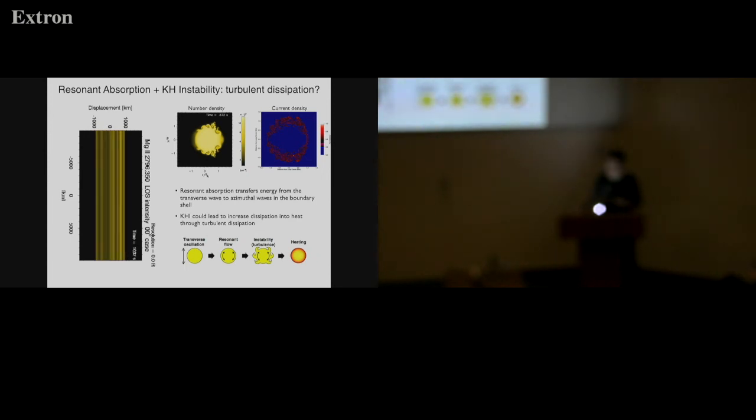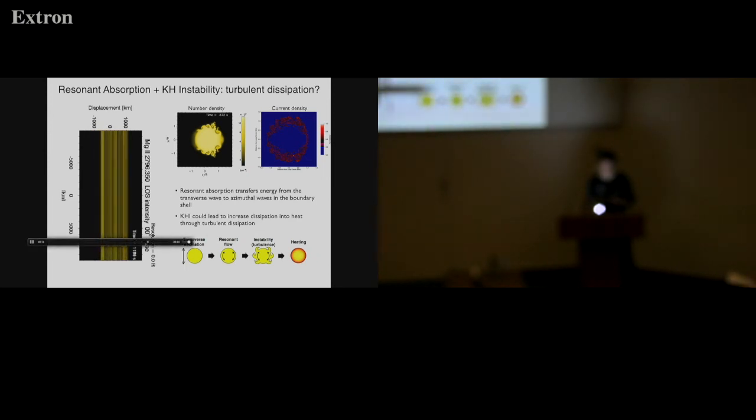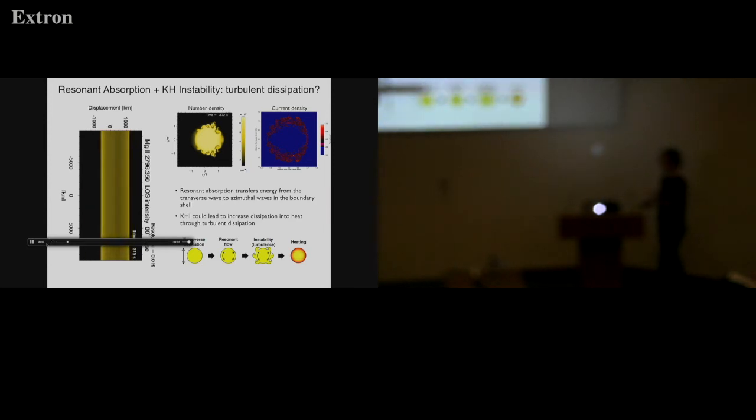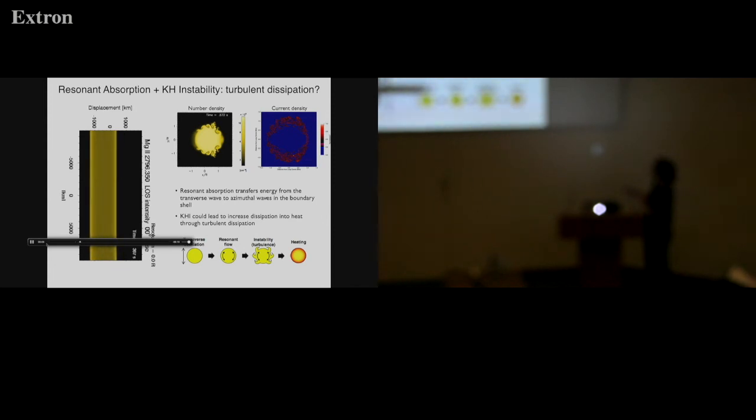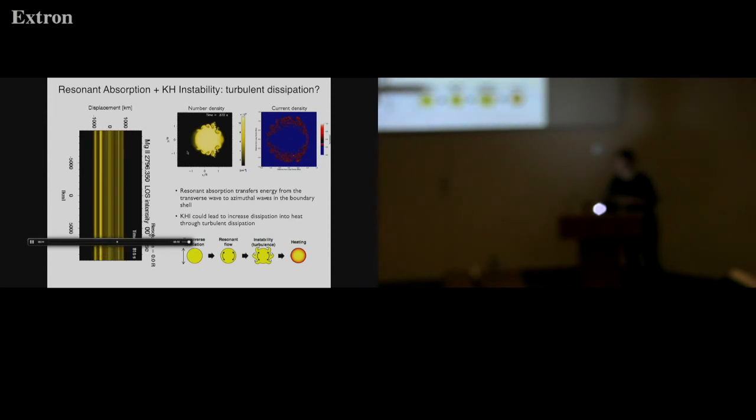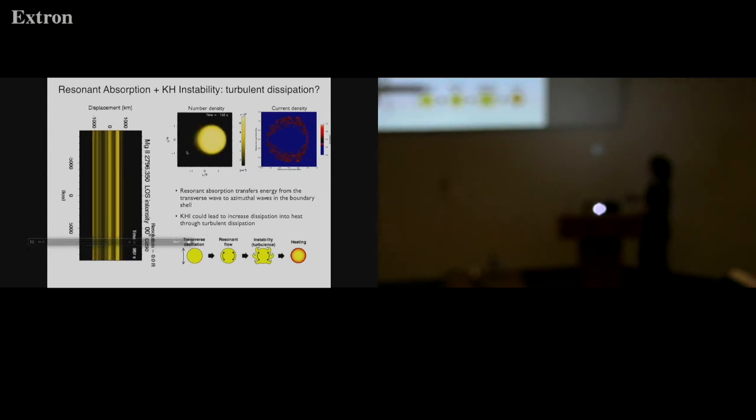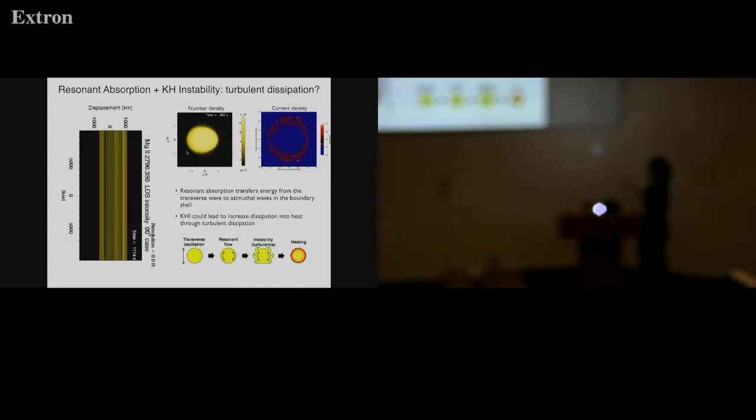And this is a simulation from Patrick Antolin. Let me just drag it all the way to the start. Okay, so he starts with that uniform density shell, and you can see that very quickly you get this kind of stripy fine scale structure, or if you look at a cross section, again, you start with a density that's